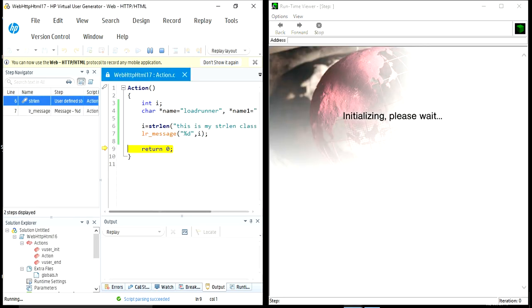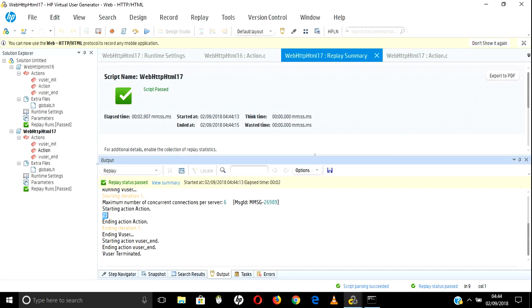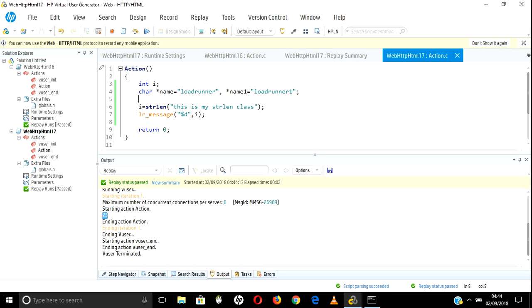how to pass a Loadrunner parameter value. Now 23 values total. Now if you want to pass a Loadrunner value, then lr save string. I want to pass something, same this value, Control C, comma, I will use some name variable. This is the C variable. If you want to pass the C variable here,